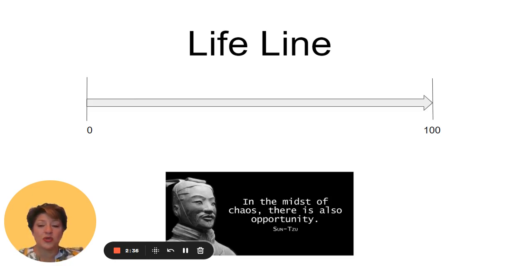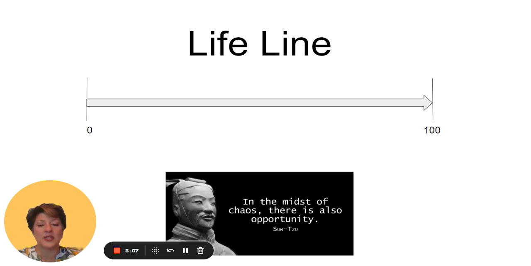I'm going to ask you to draw a line just like the one on the 0 and the 100, so a vertical line. I want you to draw that hash mark, and on the top put P for present day, and on the bottom put how old you are. So if you're 50, you'll have a P on top of your line and a 50 on the bottom, and it'll be right smack dab in the middle of this lifeline. So that P represents today: P above the line and your age below the line.